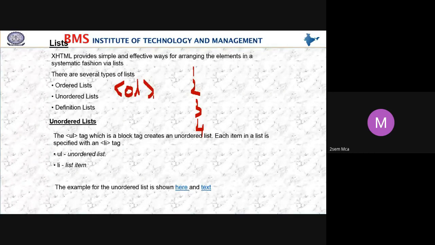For the ordered list, the tag is OL. For the unordered list, the tag is UL. And for the items in the list, the tag is LI.